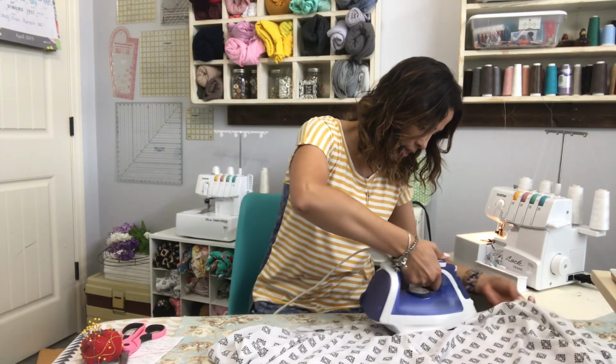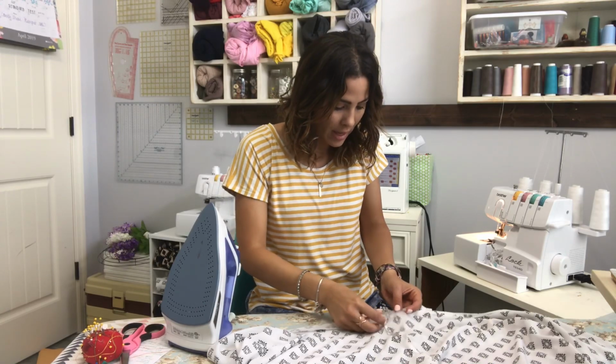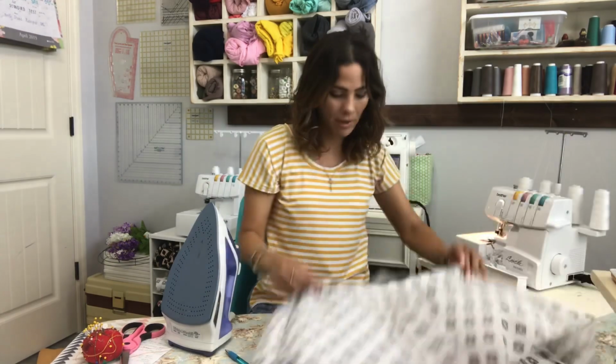That way it lays flat. I'm sewing it this way. You can pin it if you want. And then we're gonna sew it on. I'm going all the way around